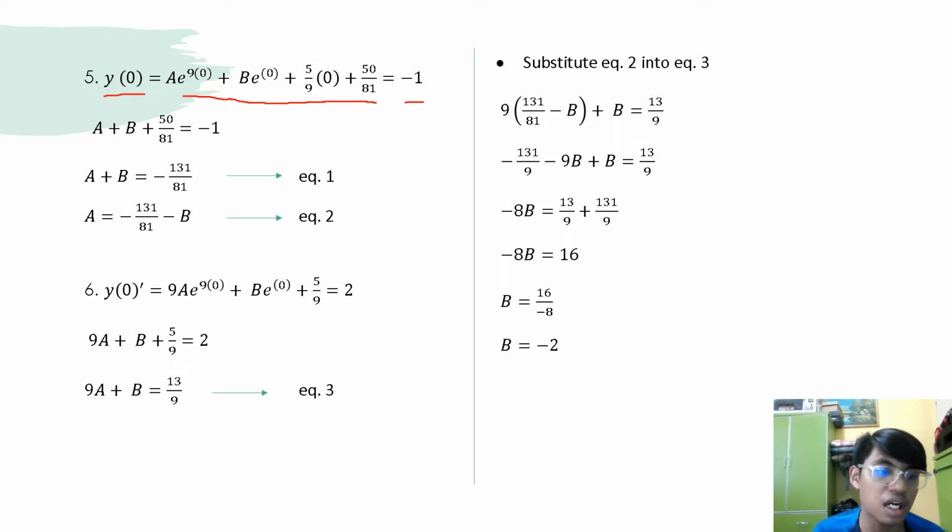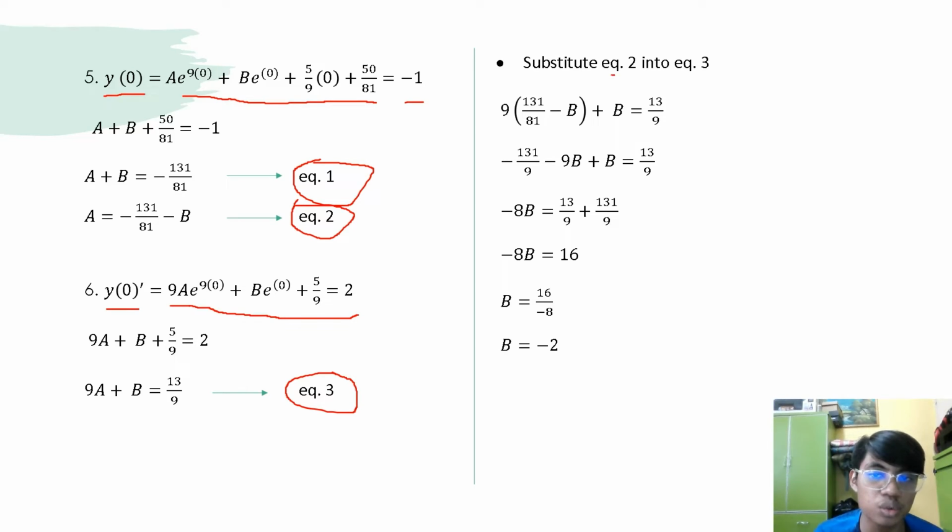After solving, we can obtain equation 1, and rearranging equation 1, we can get equation 2. Then, using the initial condition at the differential equation, which is y prime(0), we need to make the same step, which is we substitute so that the terms of t become 0, equal to 2, and get equation 3. Next, we substitute equation 2 into equation 3 and we can get